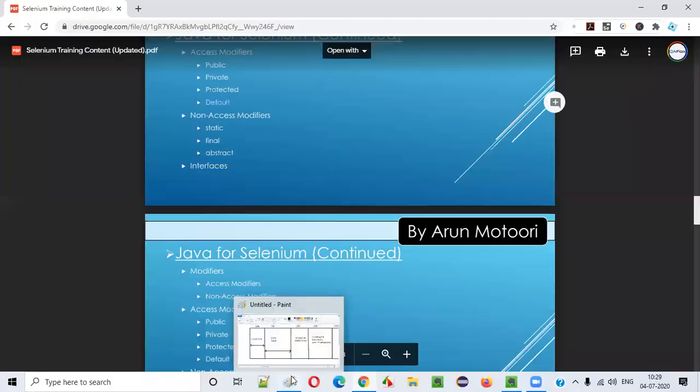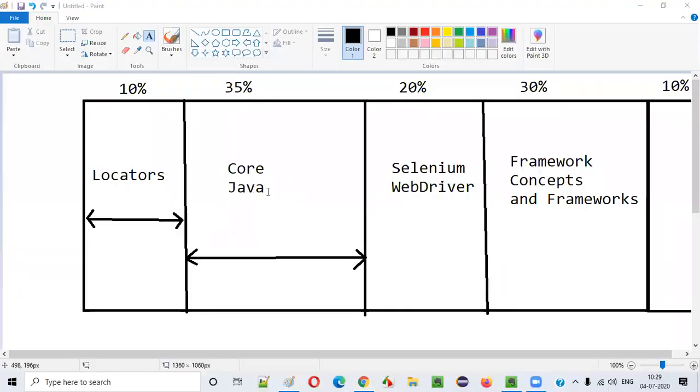So in the diagram I showed you, I am giving more importance to Java in my course, guys, because if you understand and learn Java very well, you can easily understand WebDriver. They are somewhere related. And a lot of people tell me frameworks are difficult for me. The only reason frameworks are difficult is that your understanding of Java is not that good. If you understand Java well, it's like you already got your tools, and you can build the building.